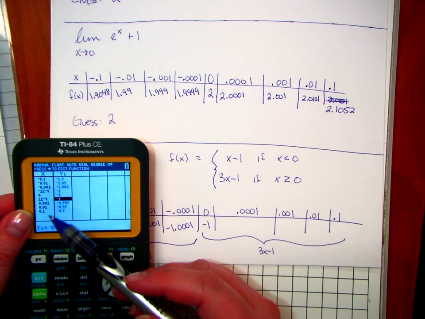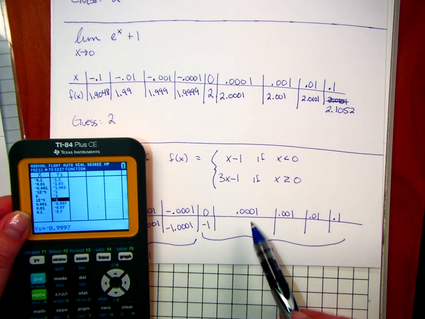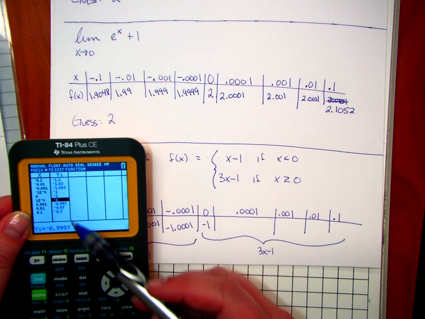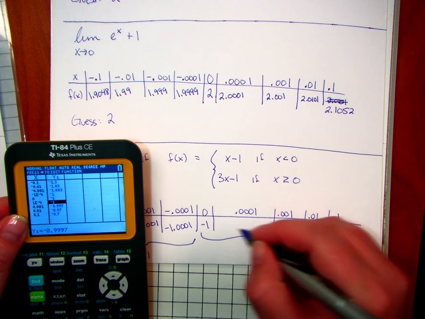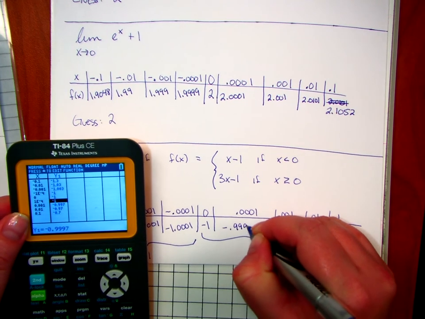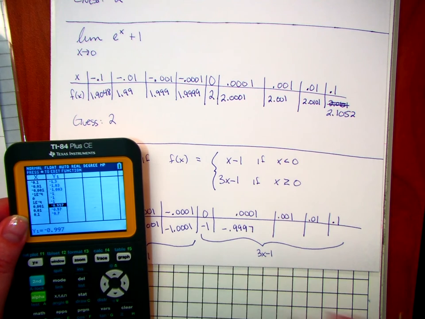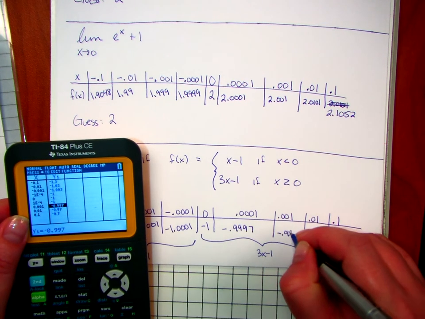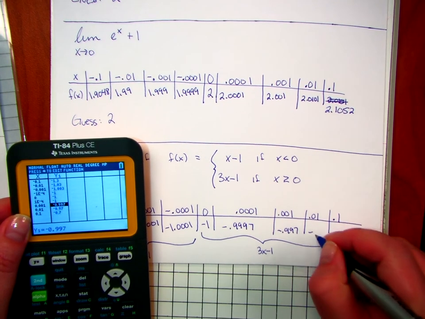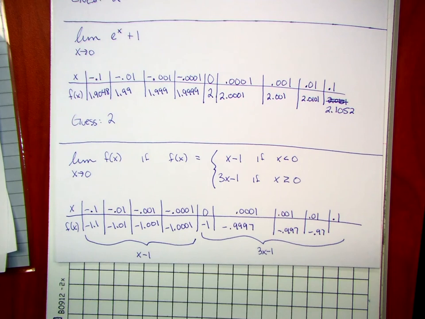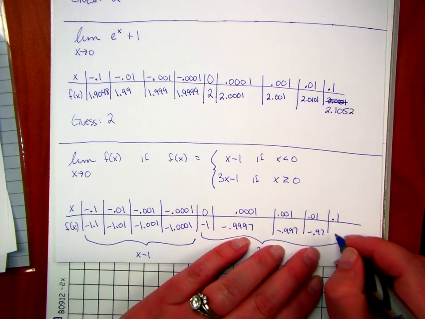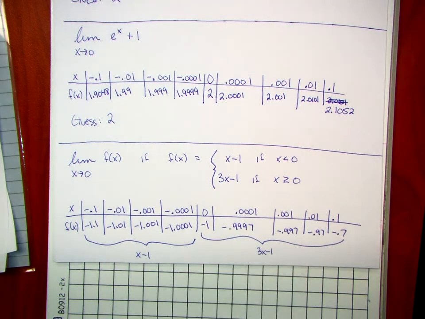Excuse me. Now at 0.0001, the table shows it's negative 1, but when I highlight it, I get negative 0.9997. Okay, so I'm going to use those decimals there. This one is negative 0.997, negative 0.97, excuse me, and negative 0.7. All right, so